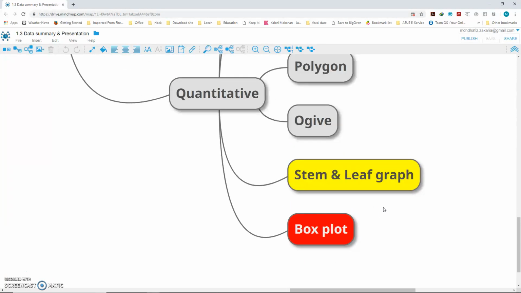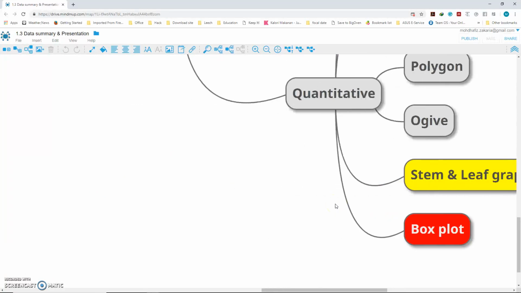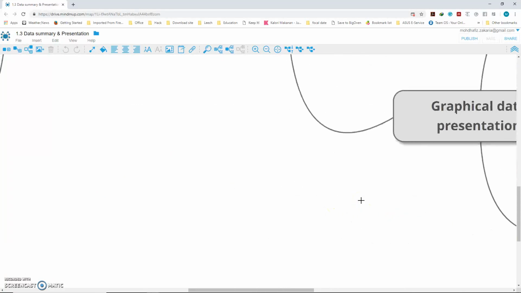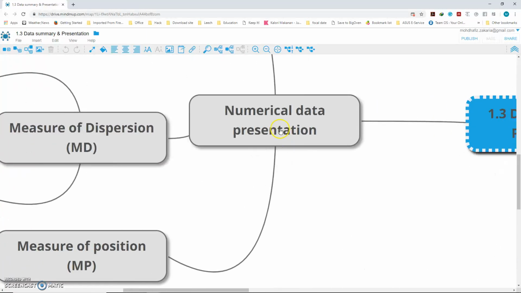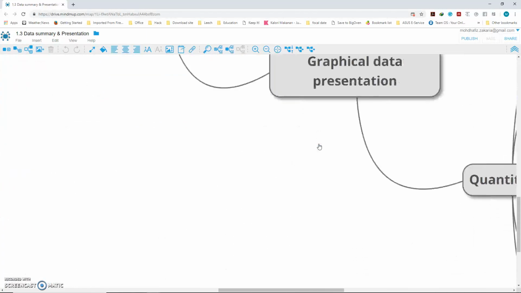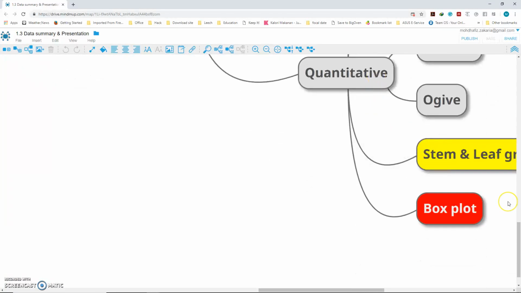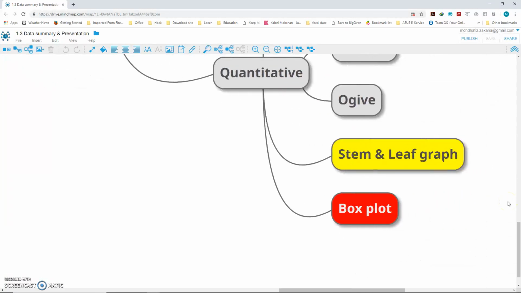So that is about graphs. In our next video, I'm going to show you how to construct a stem and leaf graph. As for box plot, we are going to wait until after we reach the numerical data presentation, because in order for us to be able to draw a box plot, you will first need to know some parts of numerical data presentation. Okay, until then,